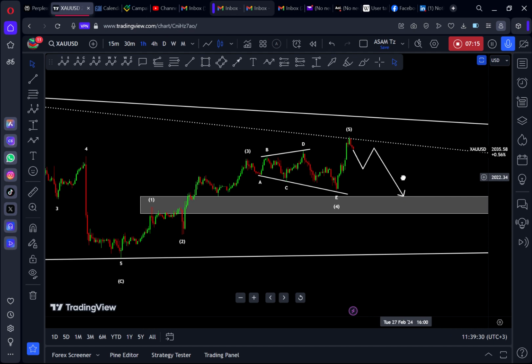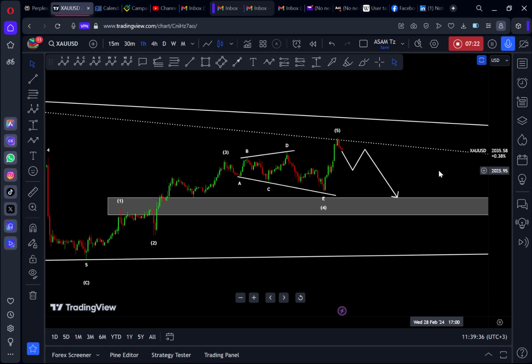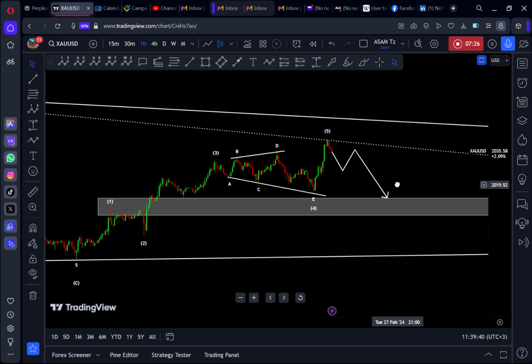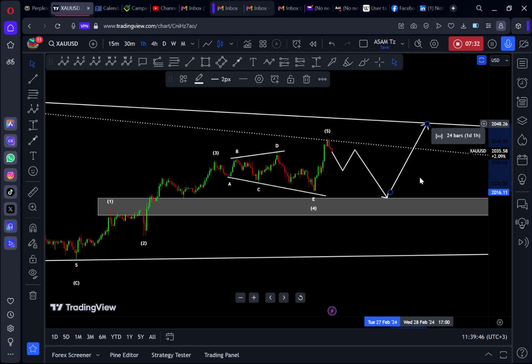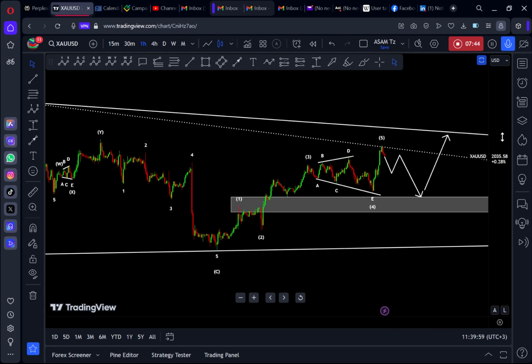And actually, it is not a full sell. You will be selling with caution. You have to take some precautions here. So you have to hold up to around 2015. Then when you see price around 2015, you can take some buys to around 2045, as I'm saying here. So those are the two possible trades that you can take next week. You will be taking some sells, as I've said, and also you'll be taking some buys, as I've added.